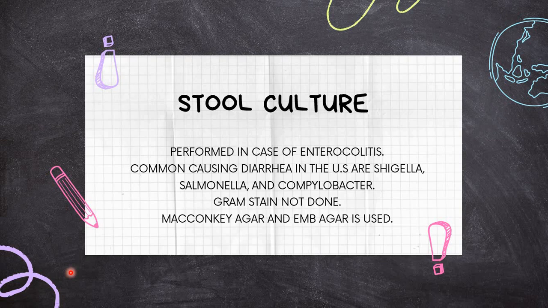If non-lactose fermenter colonies are found, a triple sugar iron, that is TSI agar slant, is used to distinguish Salmonella from Shigella. Some species of Proteus resemble Salmonella on TSI agar but can be distinguished because they produce the enzyme urease, whereas Salmonella does not. So that's why Gram staining is not done and MacConkey agar and EMB agar are used. Next is